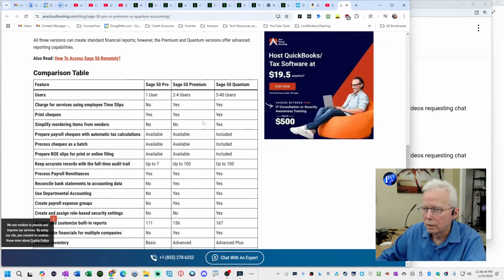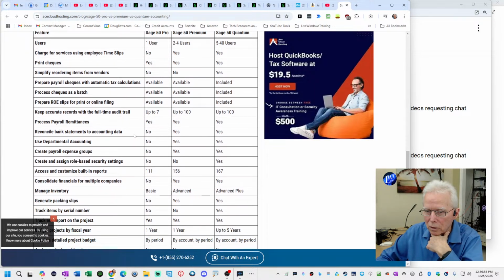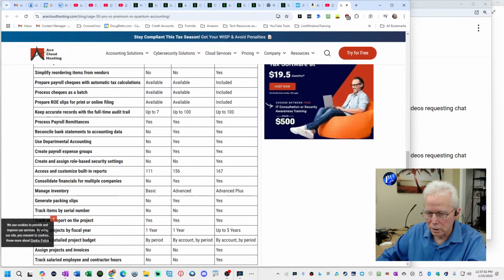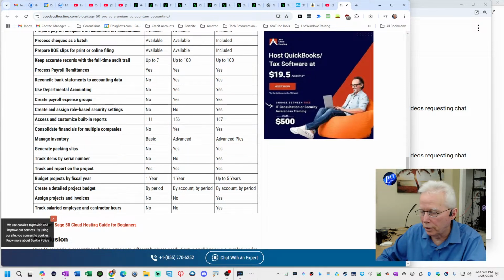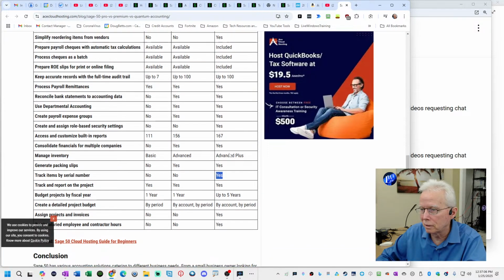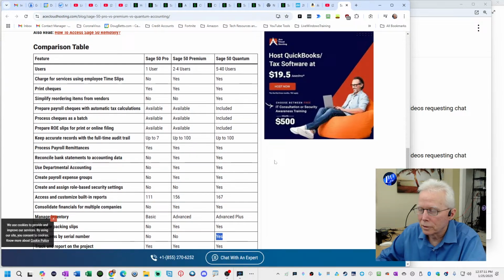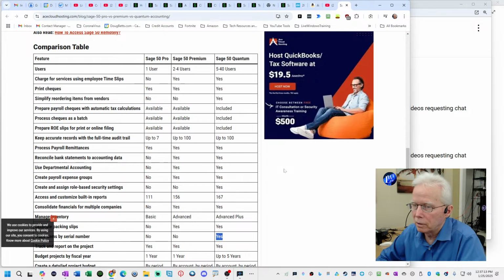Comparison table. Sage 50 Pro, Premium, Quantum, 1 user, 2 to 4, 5 to 40. This is the one they're using, so that's way over what they need. The Premium could do it. So let's go to serial number. Let's see, track items by serial number. Nope, that's it. That answers it right there. They need Quantum. The less expensive ones are not going to cut it. All right, so